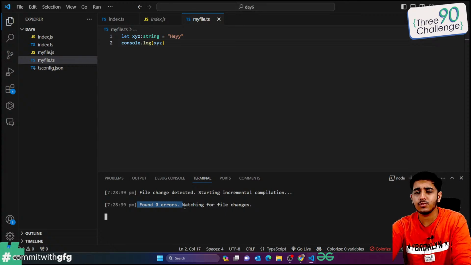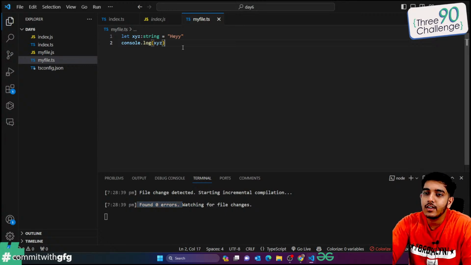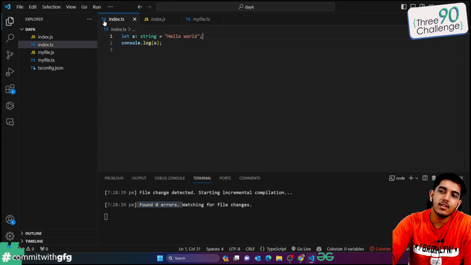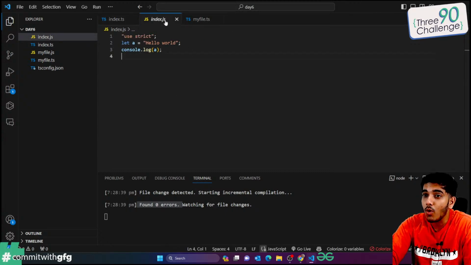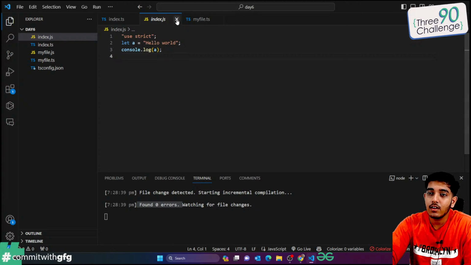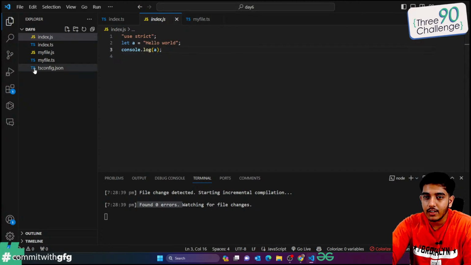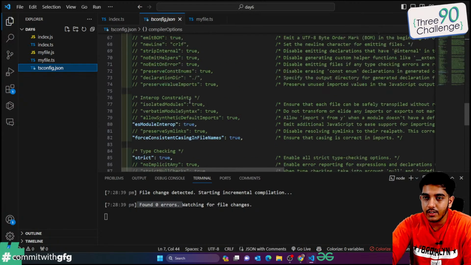Okay, very helpful. Now after this, guys, what I wanted to tell you is, you can see that when we try to compile index.ts, it's carrying the let keyword. This is TypeScript code, right? But when I compile it to JavaScript, you can see that, actually, what happened is when we created this,